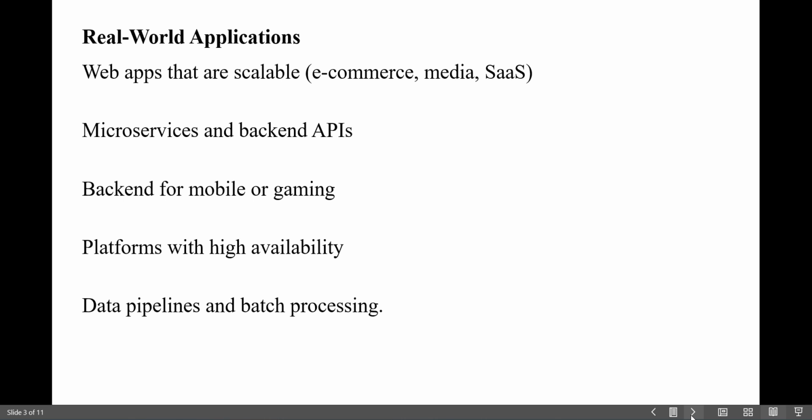First one is real world applications: web apps that scale, e-commerce and media, microservices and backend APIs, backend for mobile or gaming, platforms with high availability, data pipelines and batch processing. Auto scaling groups and elastic load balancers are used in almost every modern cloud native problem. For example, e-commerce websites